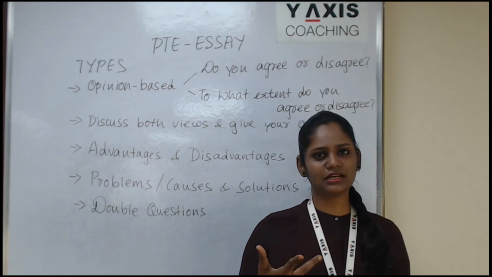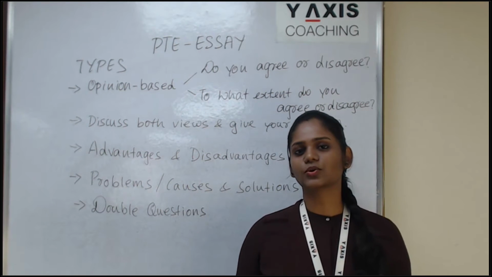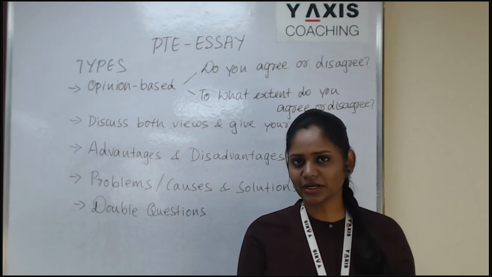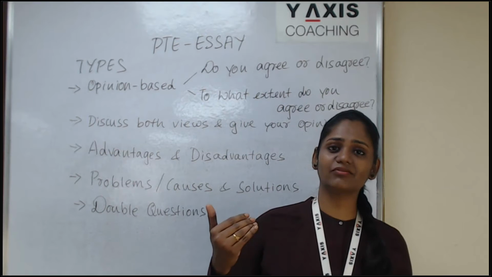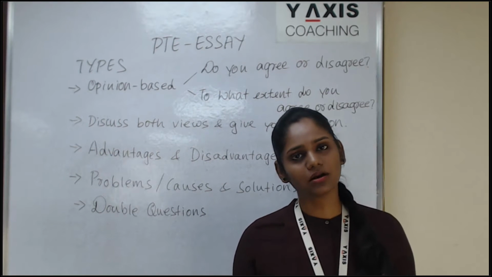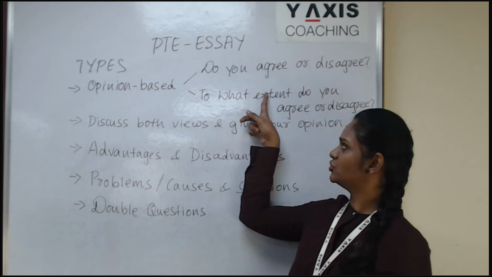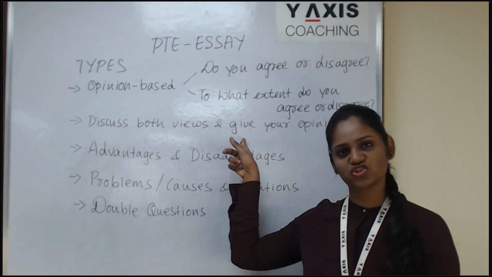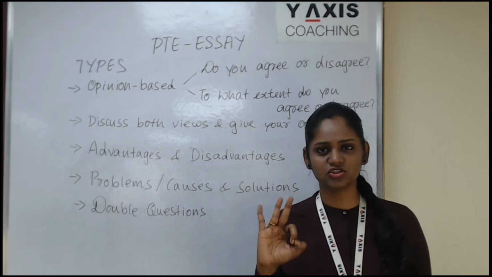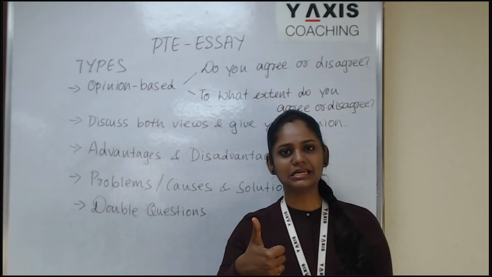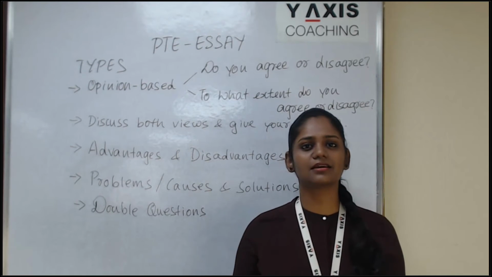So now when you take a stance, you have two viewpoints, right? So you can completely agree with the first viewpoint, or you can completely agree with the later viewpoint, or you can here also take a neutral stance. So to what extent do you agree or disagree? And for discussion, you are free to have three choices: completely agreeing, completely disagreeing, and taking a neutral stance.